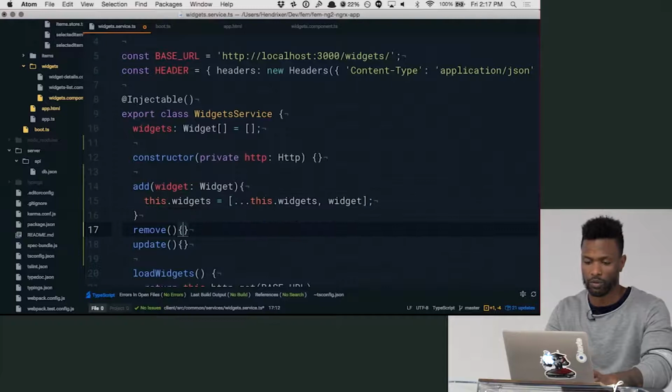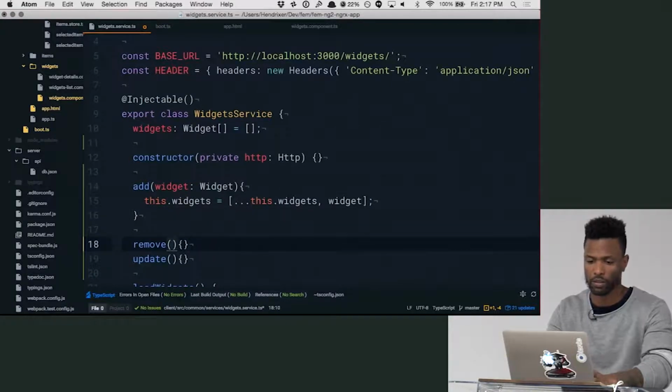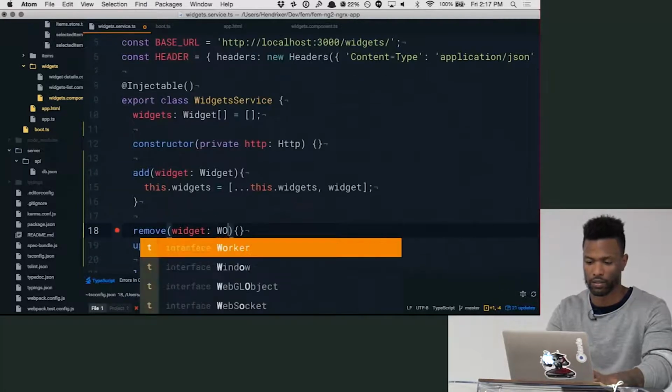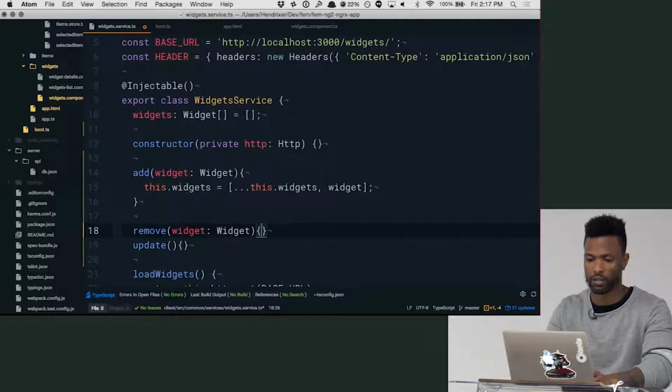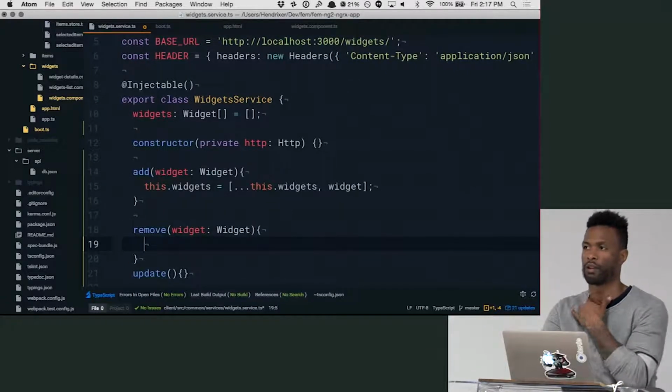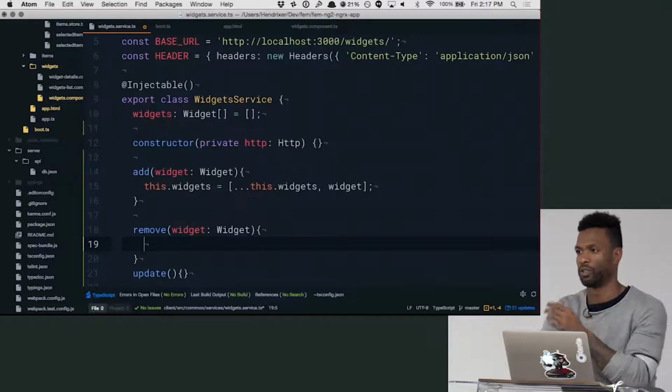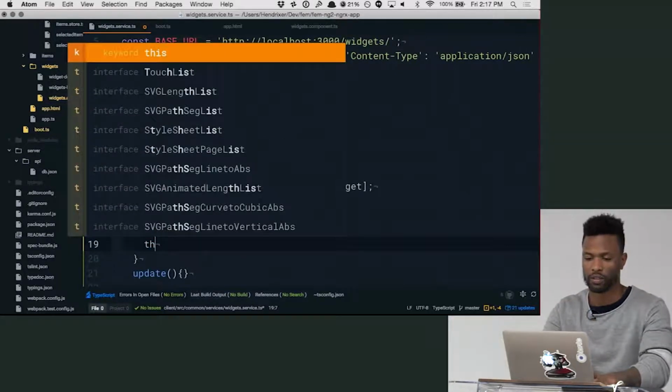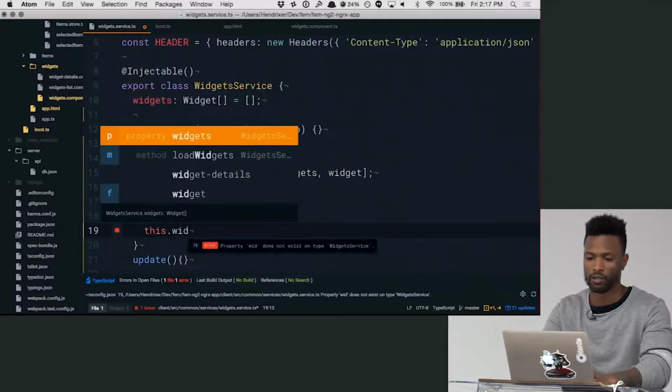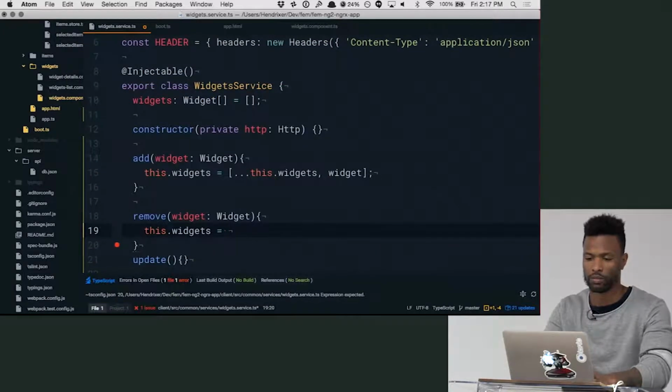Cool. And then for remove, we'll take a widget as well. Let's do this. And then for remove, how could we do this? What's one way? We did it in the Babel playground. Anybody remember? Slice. Filter. We could use slice, but it'll be more work. So yeah, we could say this.widgets equals this.widgets.filter